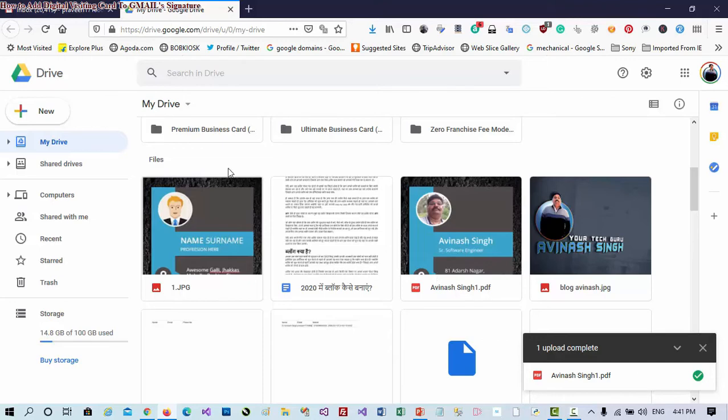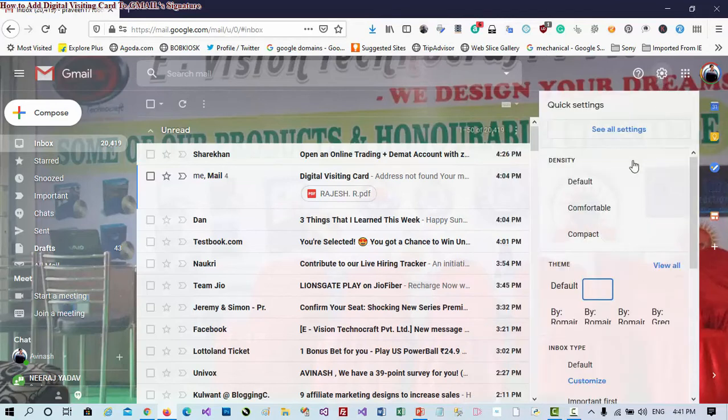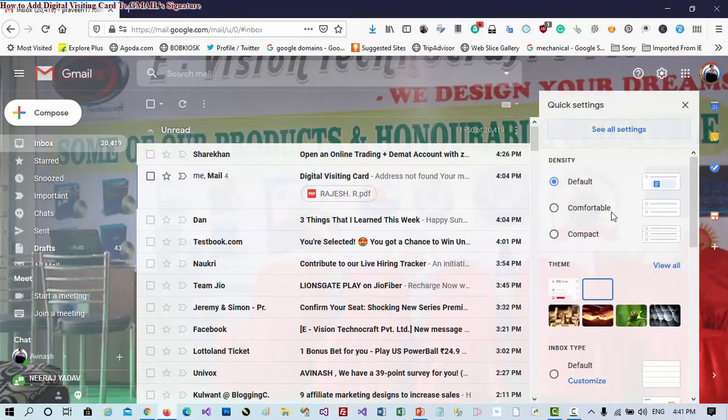So close this drive and return to your mail account and click on this gear icon. This is the settings icon, and click here. You can find a submenu open like this, and here you have to click on the See all settings option.